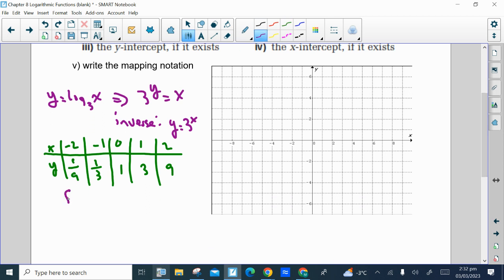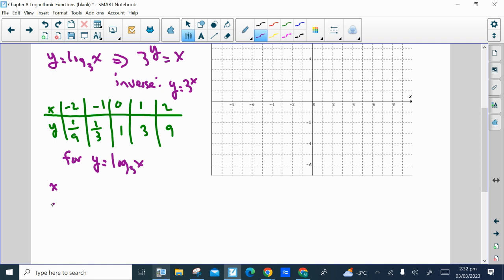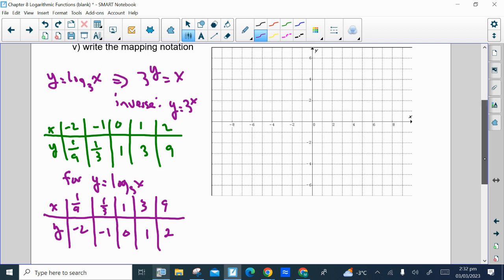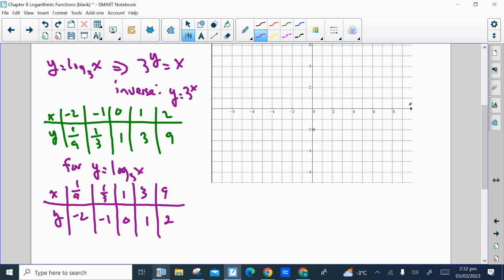So now, for the actual logarithmic function, y equals log base 3 of x, our points can be found from the previous table of values, just switching them around. So this will give us points on the logarithmic function. 1/9 comma negative 2 is almost on